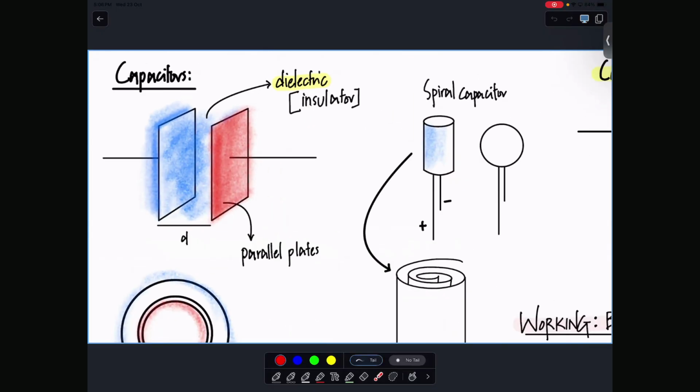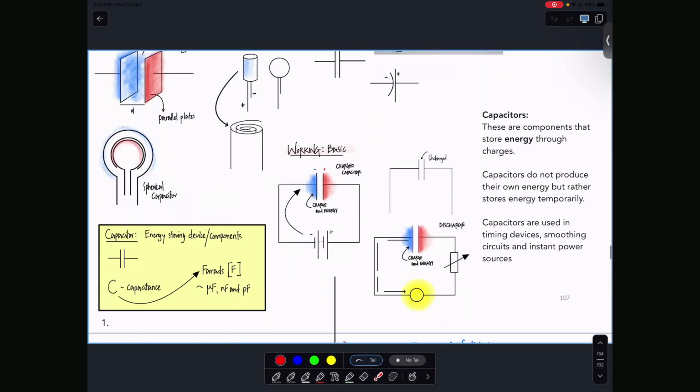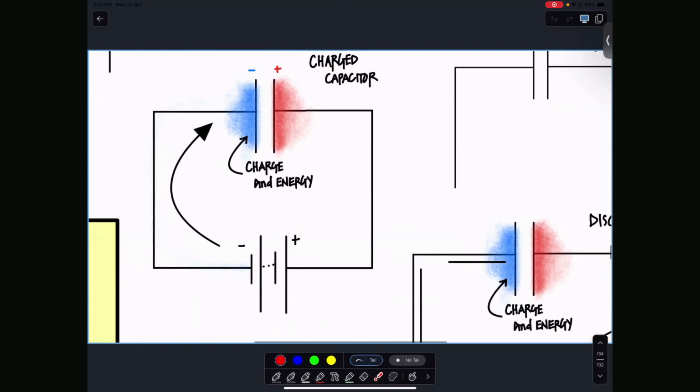So what's the design of a capacitor, first of all? A capacitor consists of two parallel plates. This should ring a bell, because two parallel plates is also what there is in a what field? Uniform electric field, right? So there's a uniform electric field generated in between. You place two parallel plates next to each other. So you take your capacitor, this device.